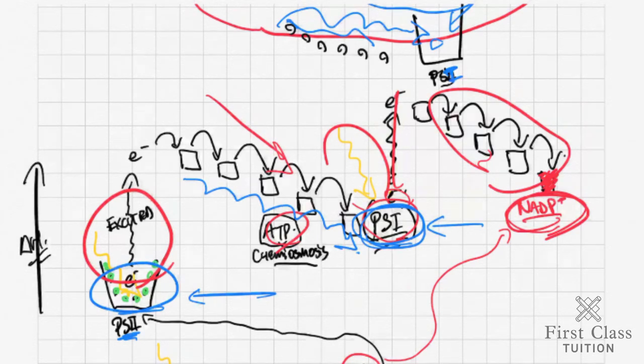So this whole thing is a linear reaction. It's not a cycle like the next reaction we're going to see. So we say this is non-cyclic